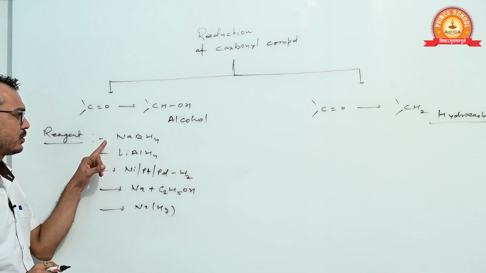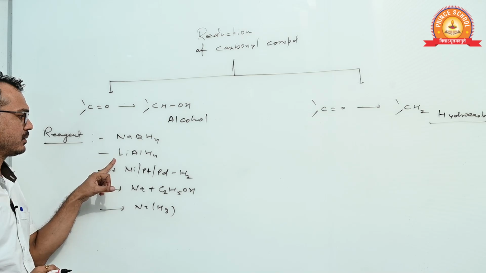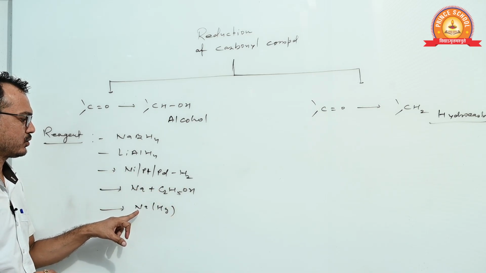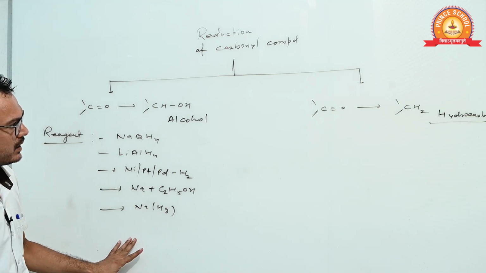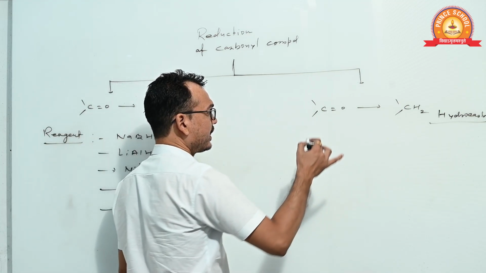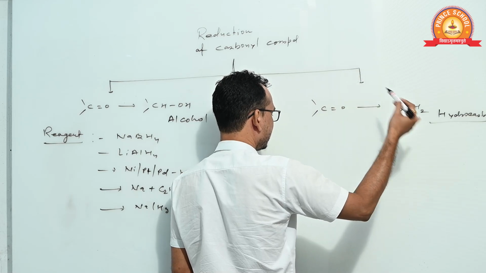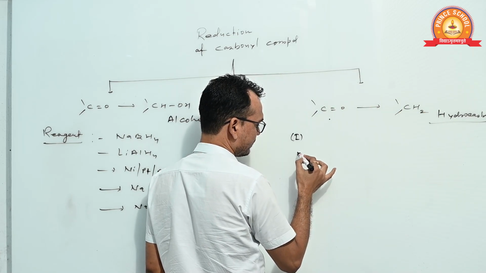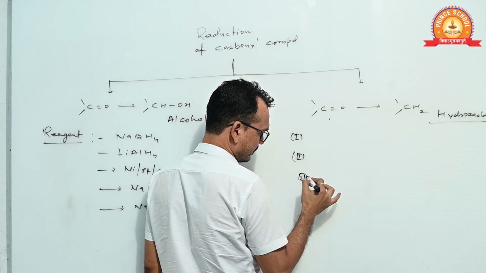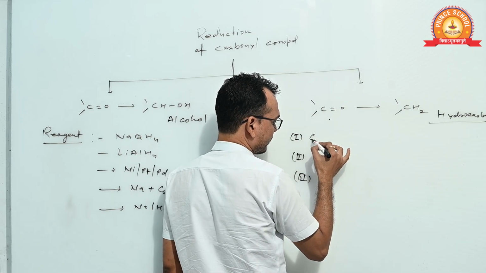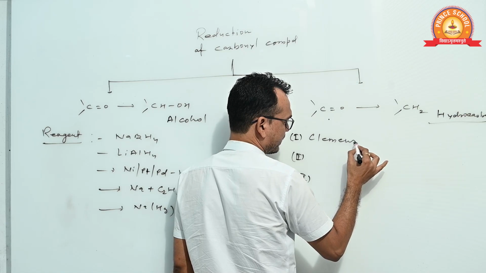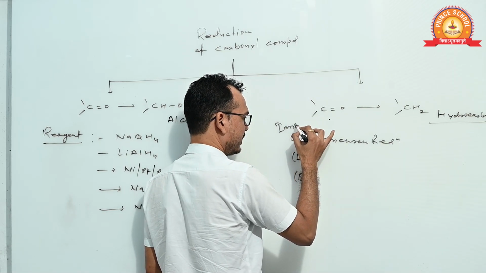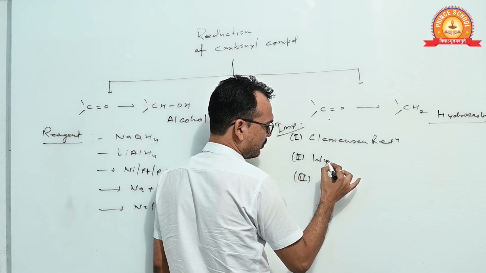First you learn about the reagents. This is the reagent: sodium borohydride, lithium aluminum hydride, nickel Pd H2, sodium plus ethanol, and sodium amalgam. Clear? And what is the reagent which converts the carbonyl compound into hydrocarbon? The Clemmensen reduction. This is a specific name reaction and it is very important. Also the Wolff-Kishner